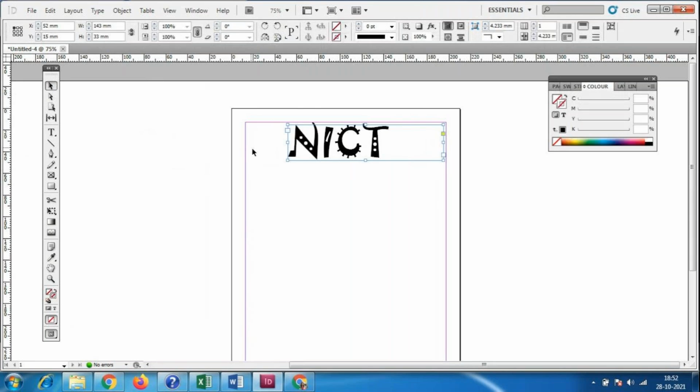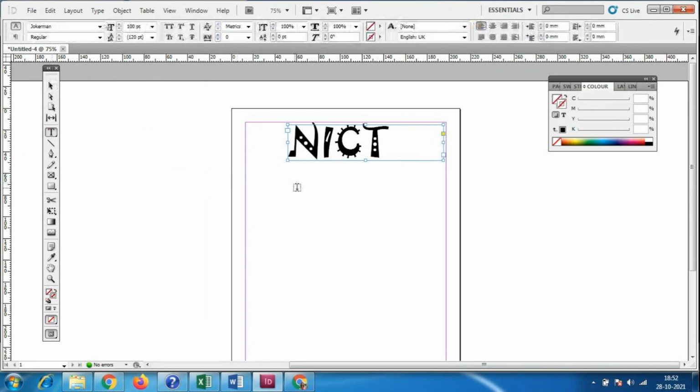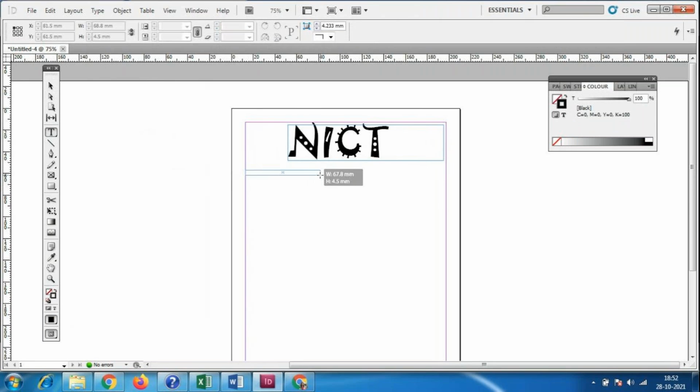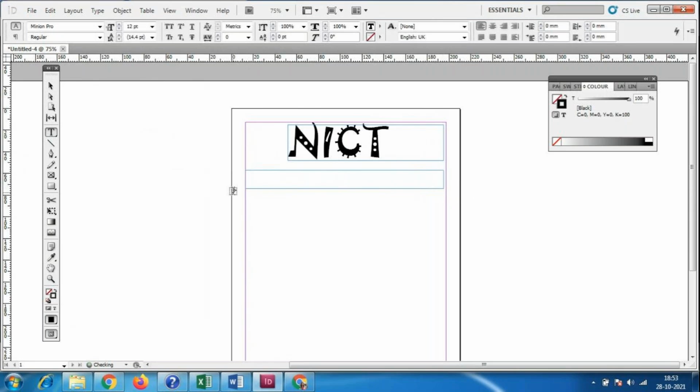So with the different box I have taken this text. Now I'll take one more box and I'll type the text of this one, computer education, with the smaller size. Left click, I'm going to select the text, left clicking. So like this the text will be selected and I'll increase the size of this text.